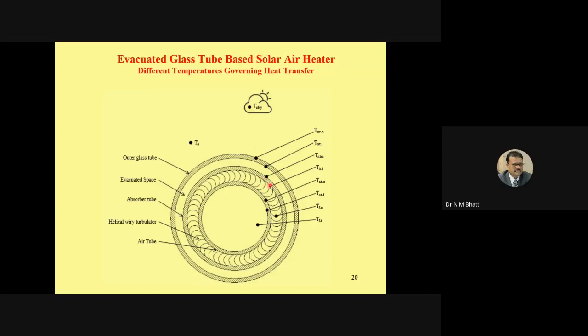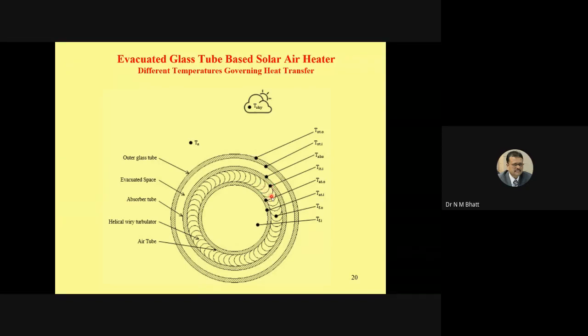So there would be two distinct temperatures: of the inner tube or absorber tube inner, and the outer, which is referred to as the absorber temperature. We have not used the O over here because absorber is a unique word that should have a common understanding with the conventionally used terminology. So this is your absorber temperature, and this is the temperature of the inner tube inner. Because of the heat conduction, this temperature would be slightly lower.